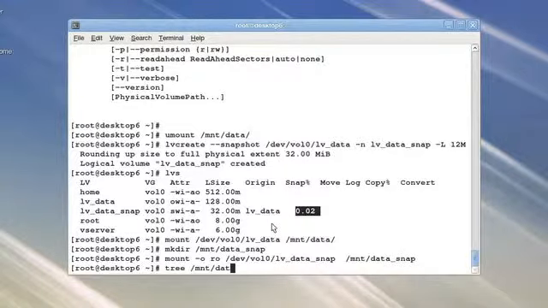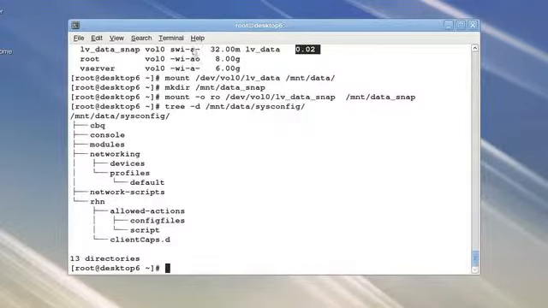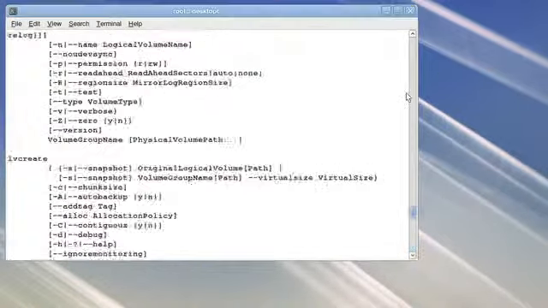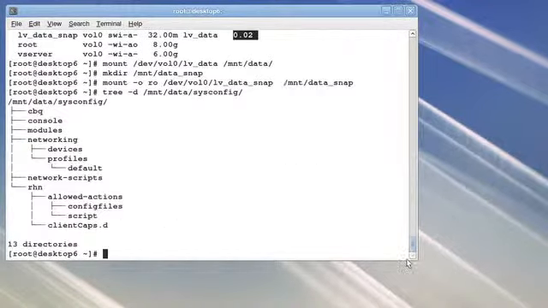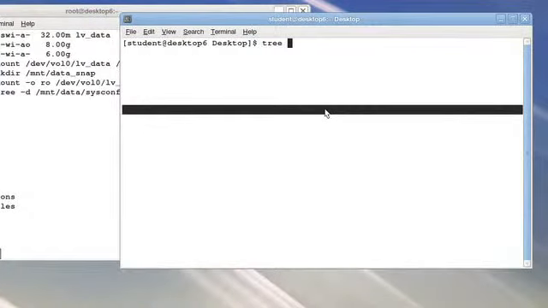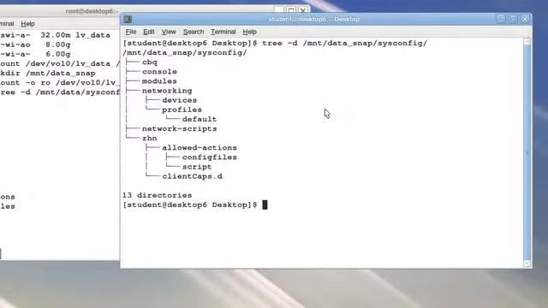Now then, if I were to take a tree of /mnt/data/sysconfig, and to get the point across, I'm really just going to list the directories that are contained within that directory. This is my original data. I'm also, in a different window, going to take a tree of /mnt/data_snap/sysconfig, and again just listing directories, and see that they are consistent copies of the same. If, however, I were to go